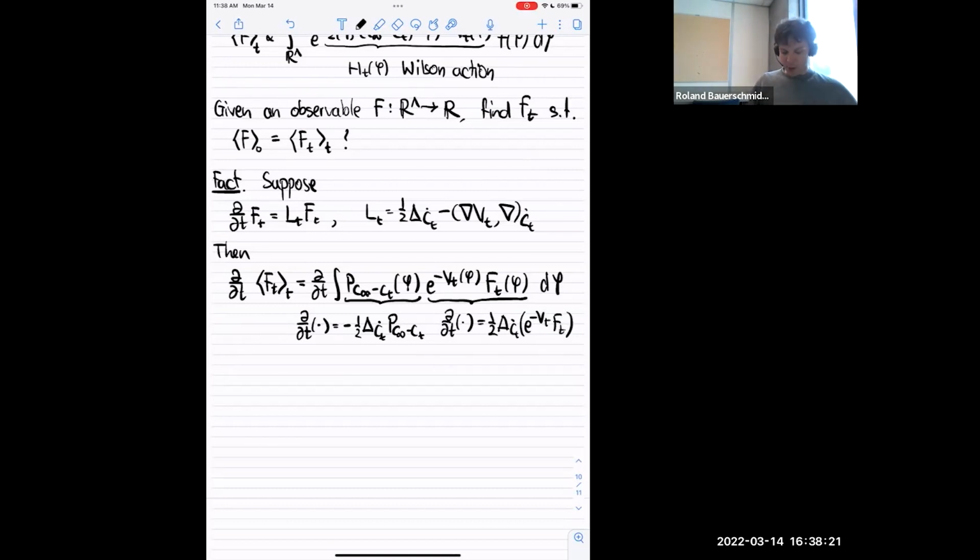So the first term gives a backwards in time heat equation, the other one a forwards in time heat equation, but you can always integrate the Laplacian by parts, so you get the sum of two terms which are equal with a minus sign in between, so it's 0.